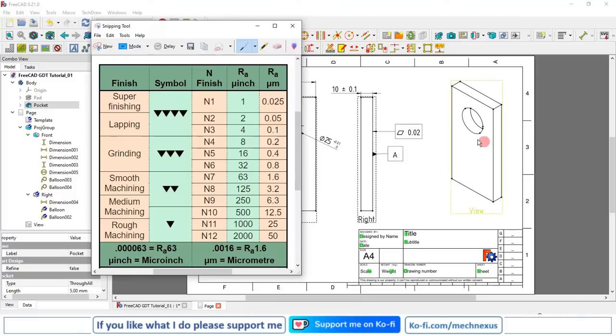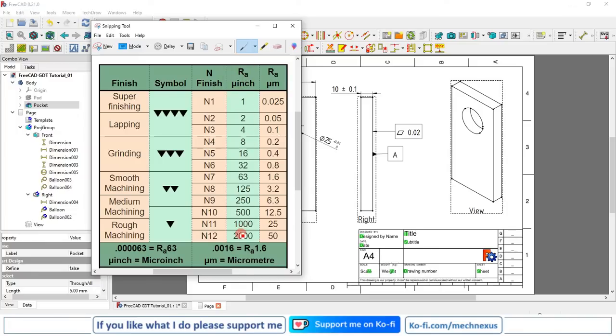As this front and back side plate is going to be machined, you can see here rough machining has one triangle, and its value varies from N10 to N12, and here the value in Ra is